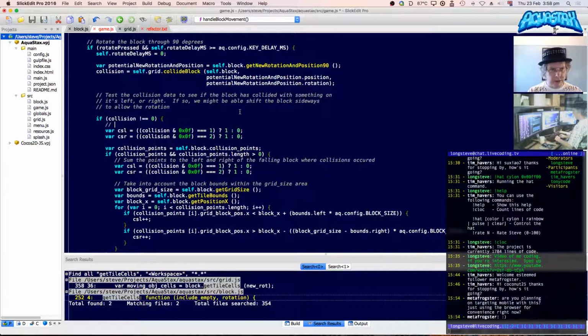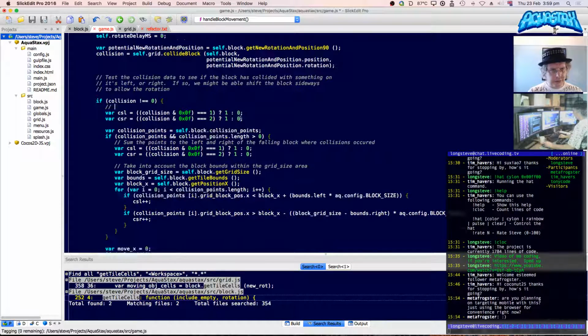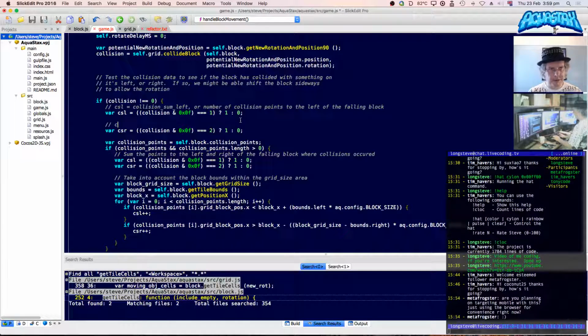So, CSL, what did I call those? Collision sum left. Block, CSR.